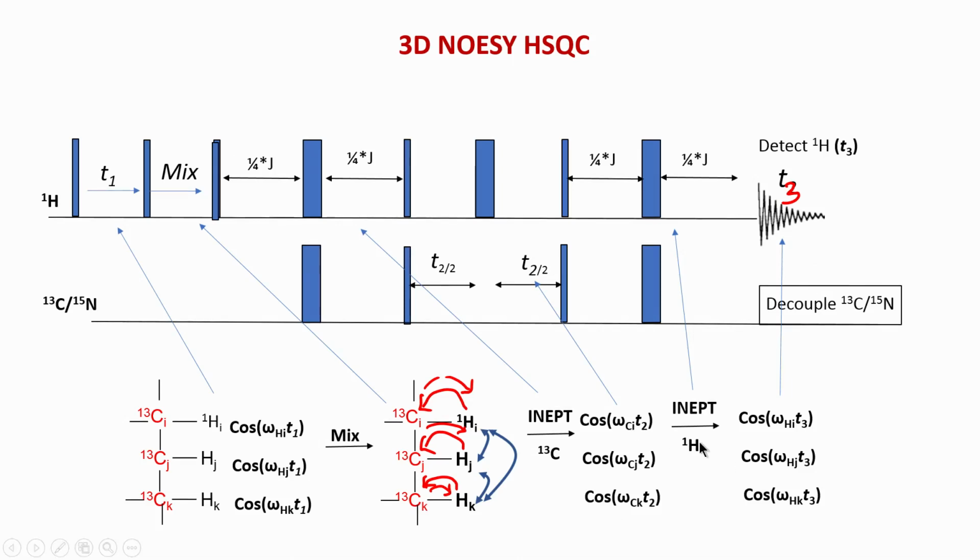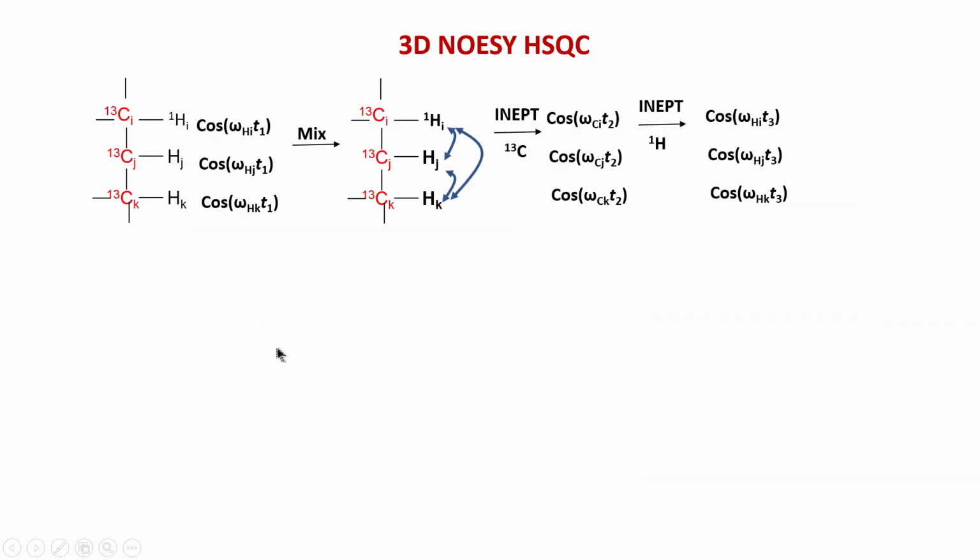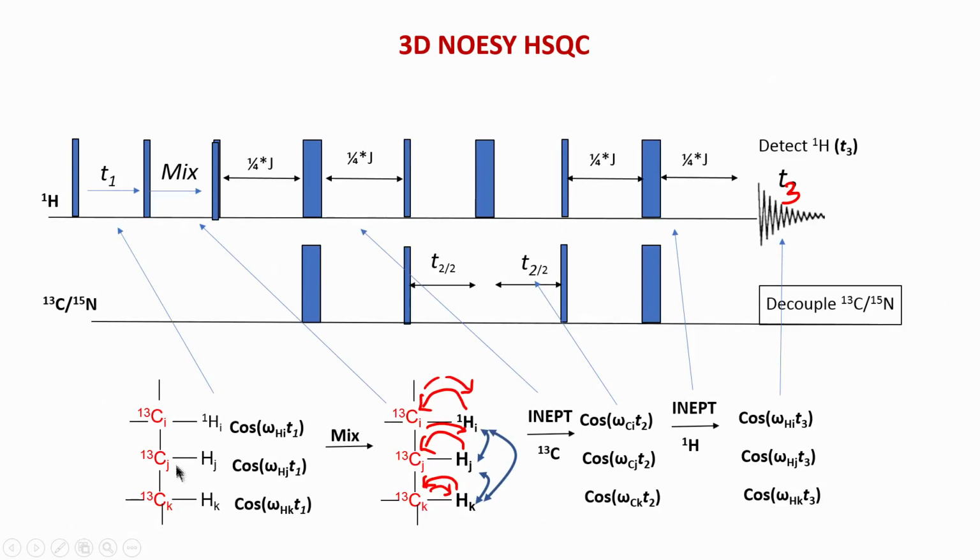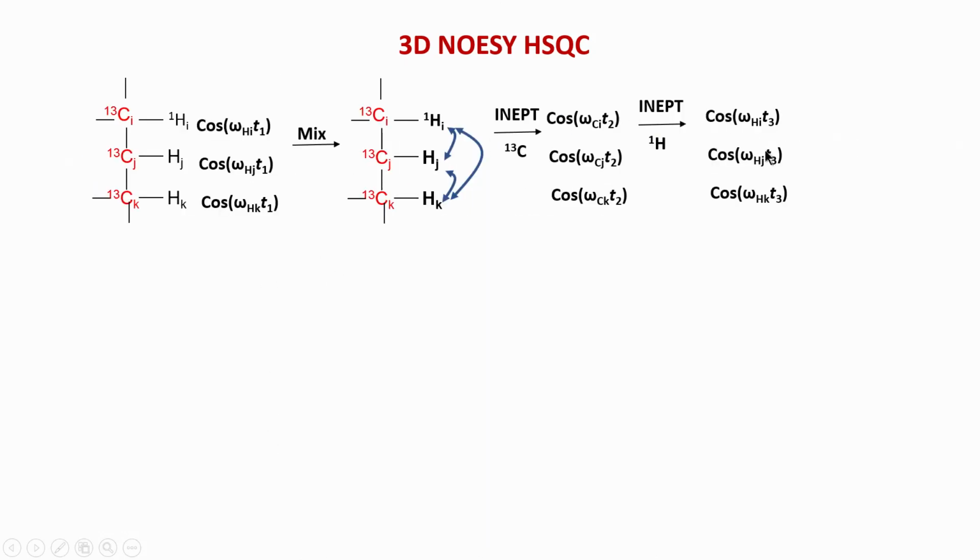Now, what kind of information and correlation we get in a 3D NOESY spectrum, but we have to now carefully look at this slide, understand how the magnetization has gone from one nucleus or one spin to another. Okay. So, this is again the last part, that is this part what I showed in bottom is repeated here. Okay. But one thing, if you recall, in a NOESY our goal is not to transfer magnetization within amino acids. For example, if this is one amino acid, we are not interested so much in transfer within the amino acid.